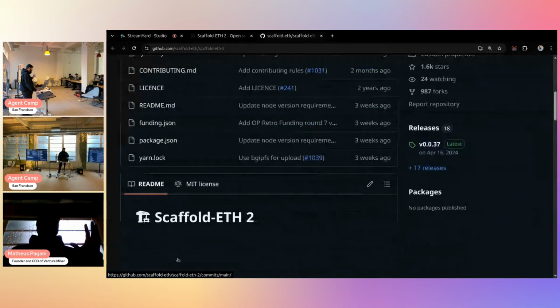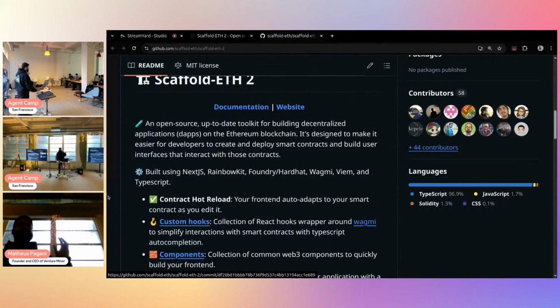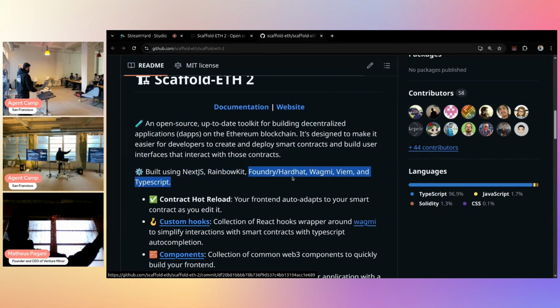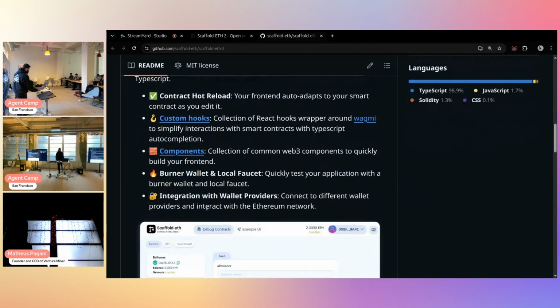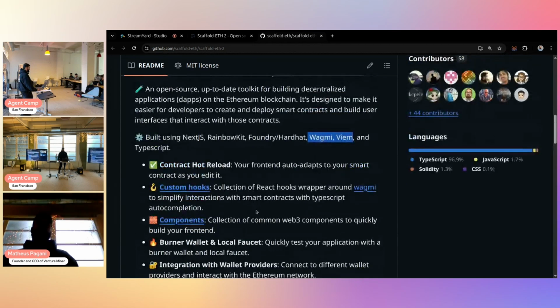We are going to create the app with this. It is going to have Next.js, that framework that we have been using for a while, RainbowKit for you to connect your wallet, support for Foundry and Hardhat, a library of wagmi hooks using viem for connecting your front end with the smart contracts, TypeScript support, custom hooks, burner wallets, integration with wallet providers.